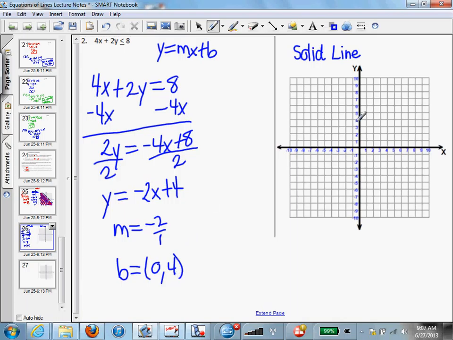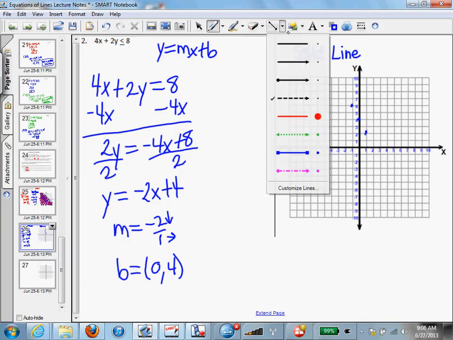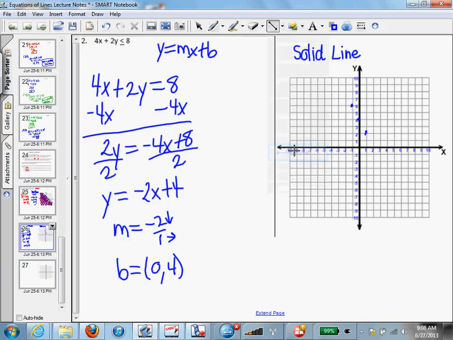So let's start by graphing 0, 4, which is right here, using our slope of going down 2 to the right 1. So go down 2 to the right 1. Or we can use the opposite approach and go up 2 to the left 1. And we have points that we can make a line, and we decided this will be a solid. So now we're going to connect those dots